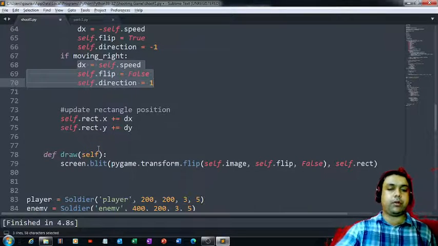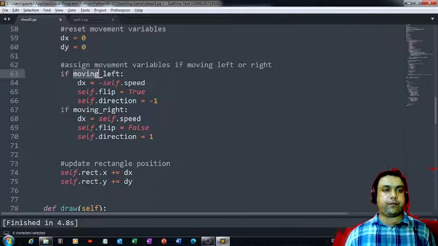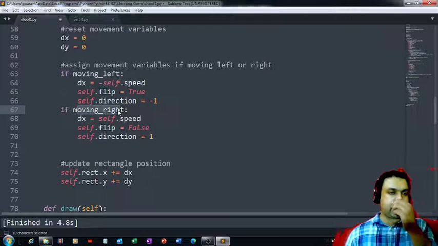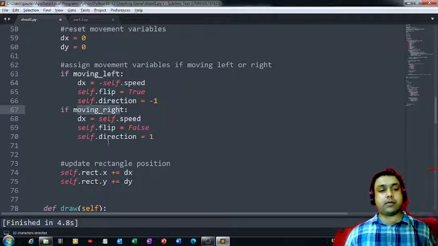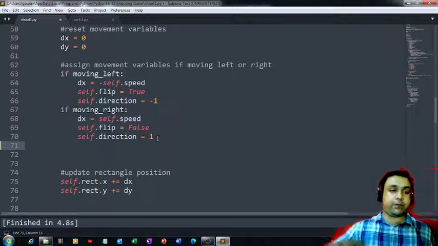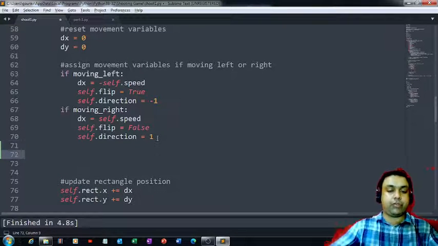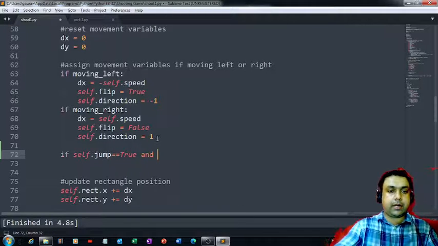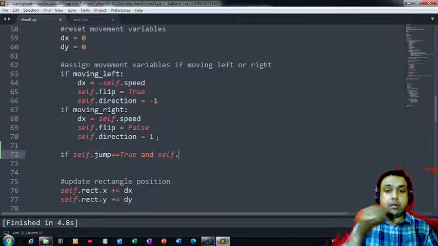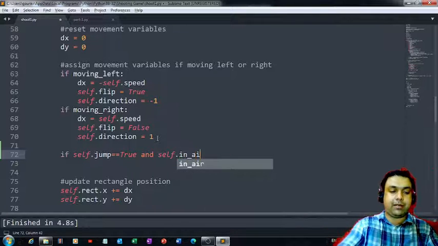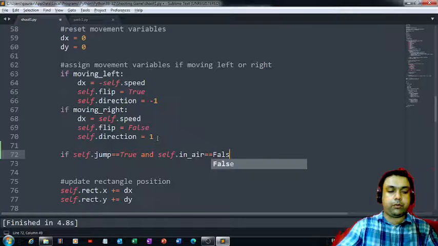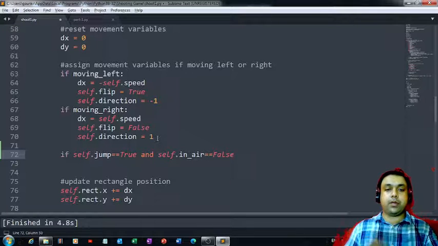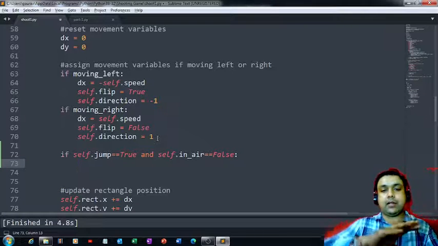Okay, so now if we want to make the player jump, see the way we have defined these conditions for making the player move in the left and right direction. The same way we'll have to define a condition for making the player jump. So if self.jump is equal to True, and there is one more variable which we have to check the value of, which is in_air, and if it is equal to False. If jump is equal to True and this is equal to False, meaning it is not in air,